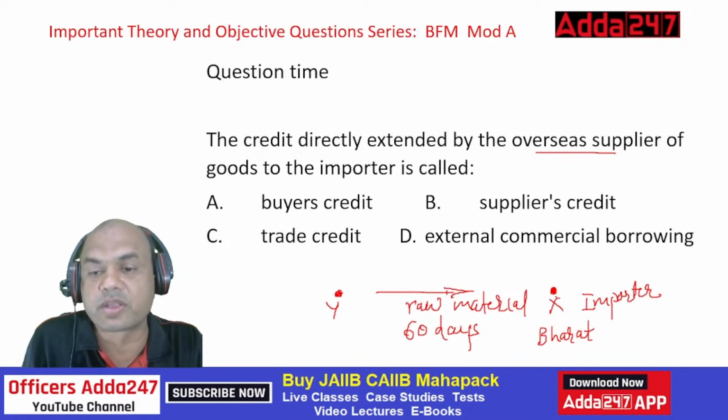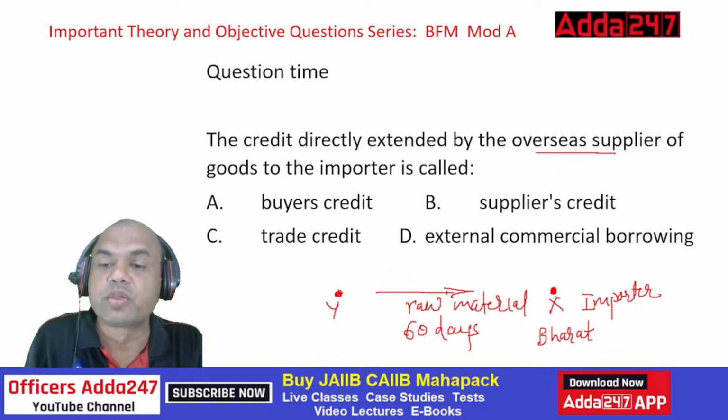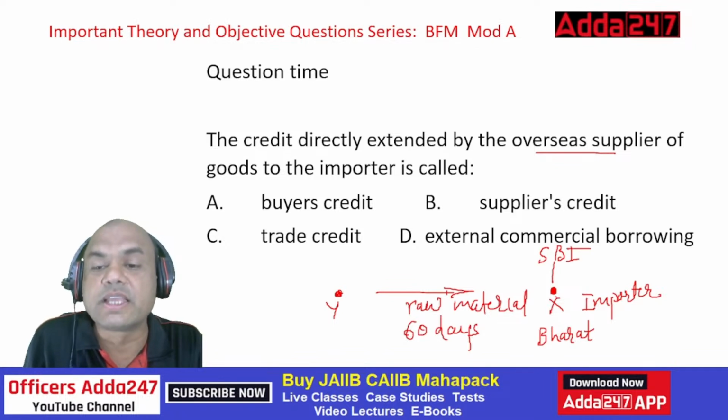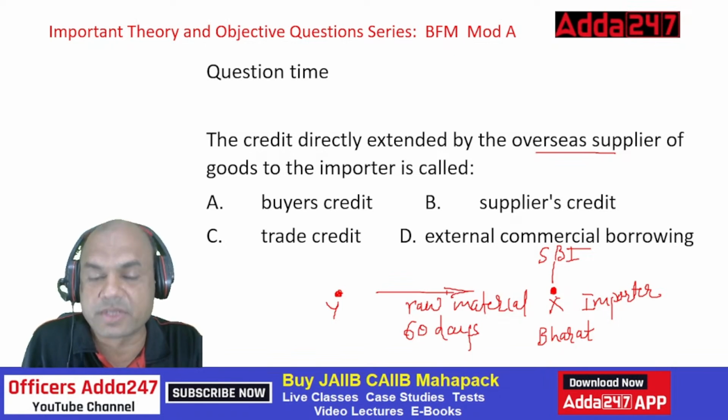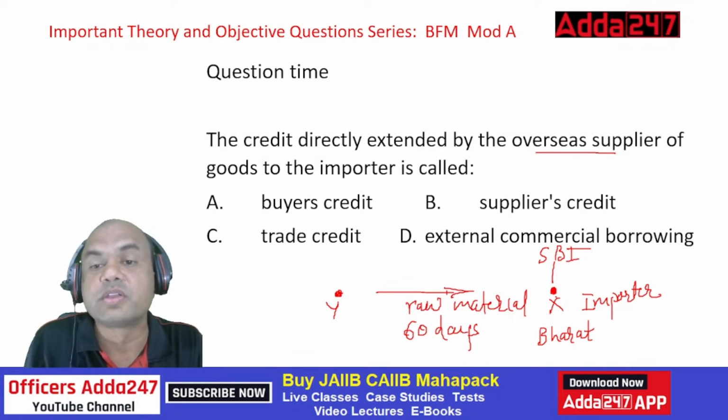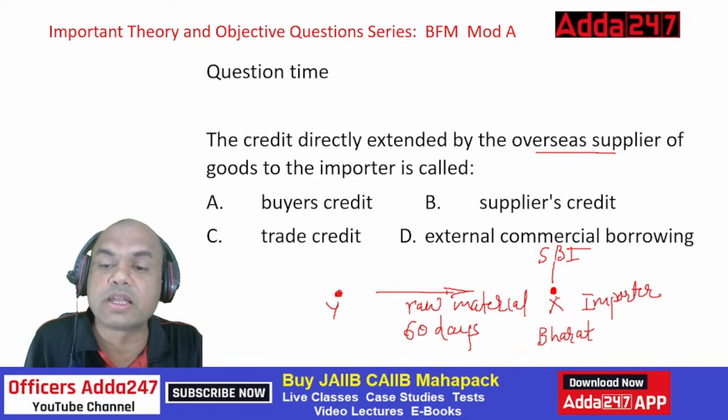So in that case what happens? Y says that I don't trust you. What do you do? You arrange from your bank, let's say SBI, that they should give me a guarantee. They should sign the bill of exchange, stamp the bill of exchange in addition to you. So you definitely give me the assurance that you will pay, but more than that, I want the